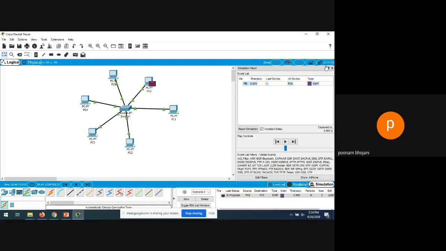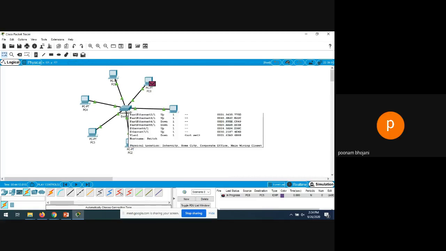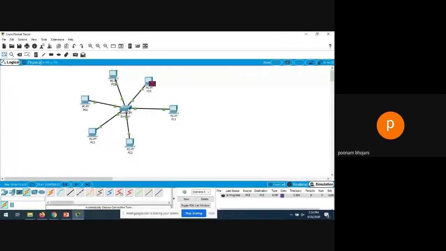Now you will be surprised at what the difference is between switch and hub. Ma'am, very small difference. So let me do it for you so that you can understand. Let's say I want to click this switch, and I want to connect a hub now. So go to the network devices, select any hub you want, and now connect this hub with all the stations. I'm only deleting the switch and hub, I'm not changing the whole connection, because I have already assigned IPs to the PCs. I don't want to assign them again and again. Okay, that's why.